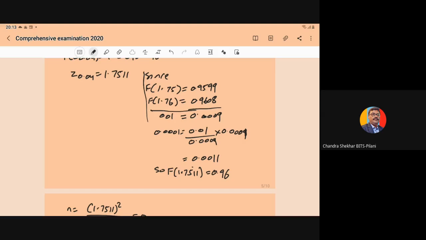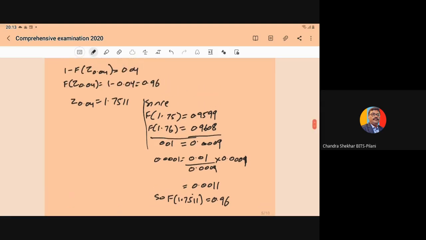So this is the way to do the interpolation, right? If the tabular value is not as per our requirement, we can do the interpolation. See, generally we avoid interpolation; we do it for special cases only. Just to explain the interpolation here, we have this question. Otherwise we prefer to take the nearest value.